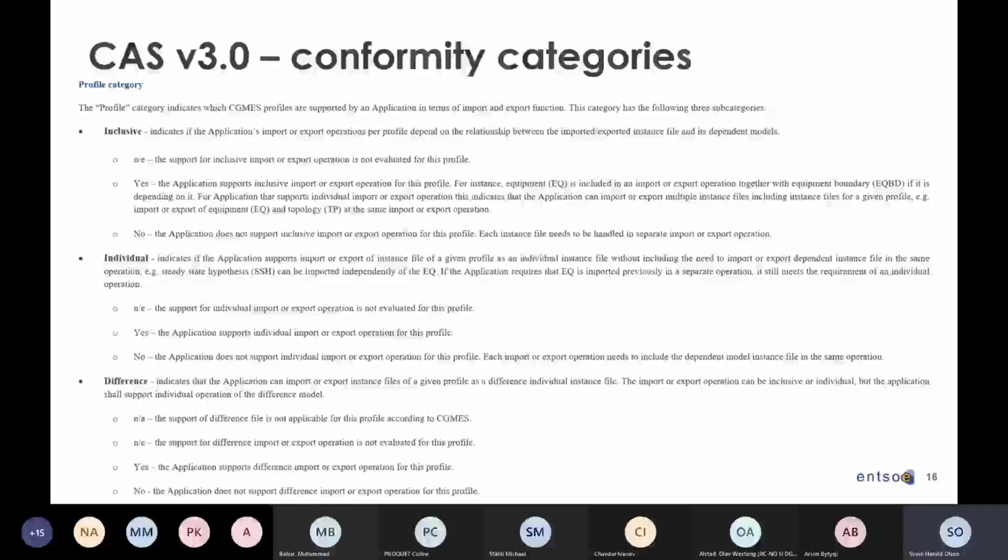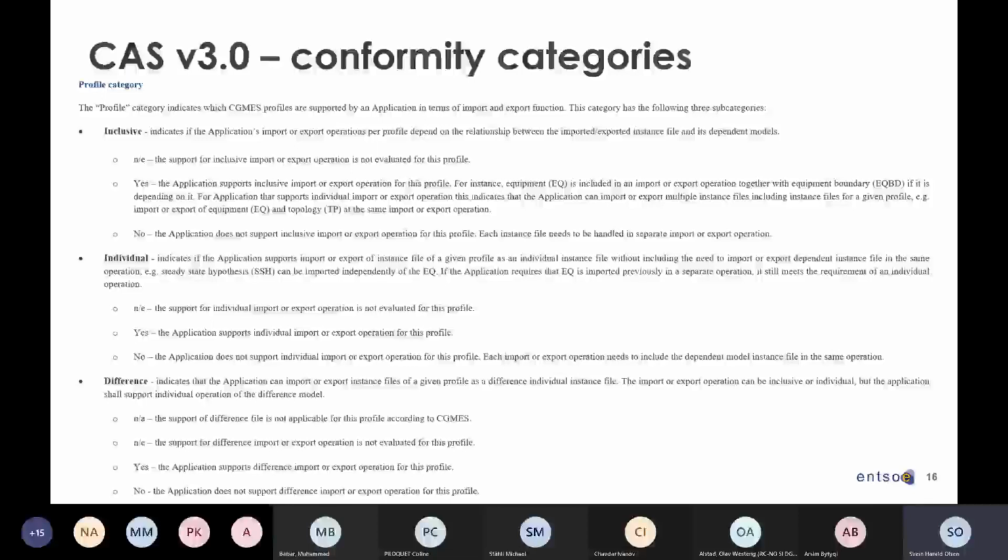We think that different utilities may have different needs, and it's not that we want to encourage different ways of solving things, but what we need is a common understanding of what is supported and what's not supported. So inclusive is the idea that there are some tools out there, particularly converters, that have a problem handling each individual profile without also processing any dependent profile. And there's nothing wrong with having that dependency.